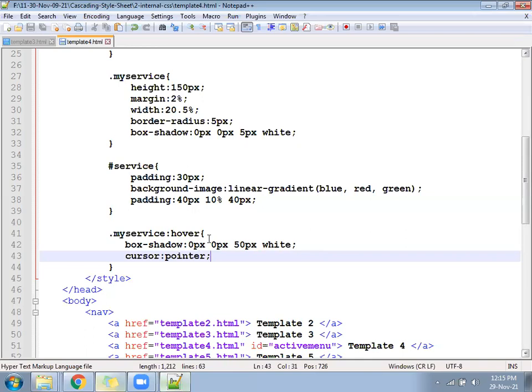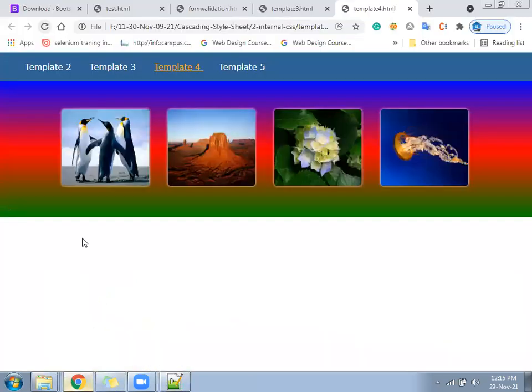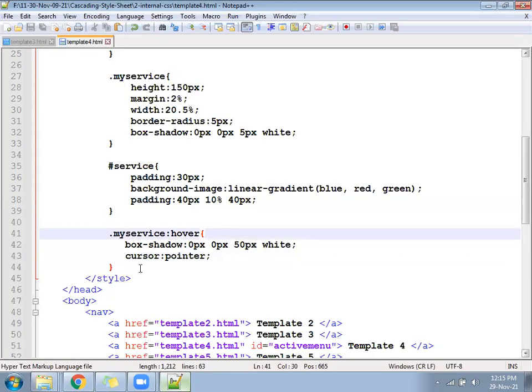Happening. The cursor is converting into pointer. Yes. When the mouse goes to the photo, the cursor will convert into pointer, plus some extra effect will get applied. It will look like some kind of brightness happens behind the photo, surrounding the photo. Hope it looks similar.